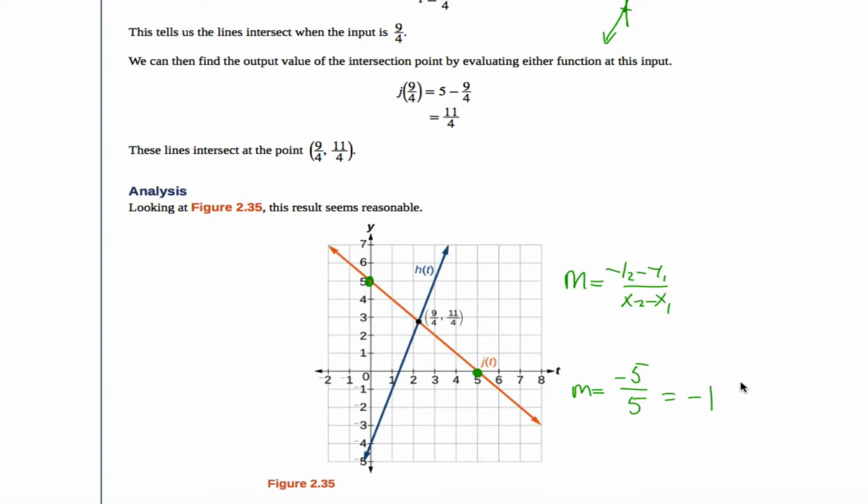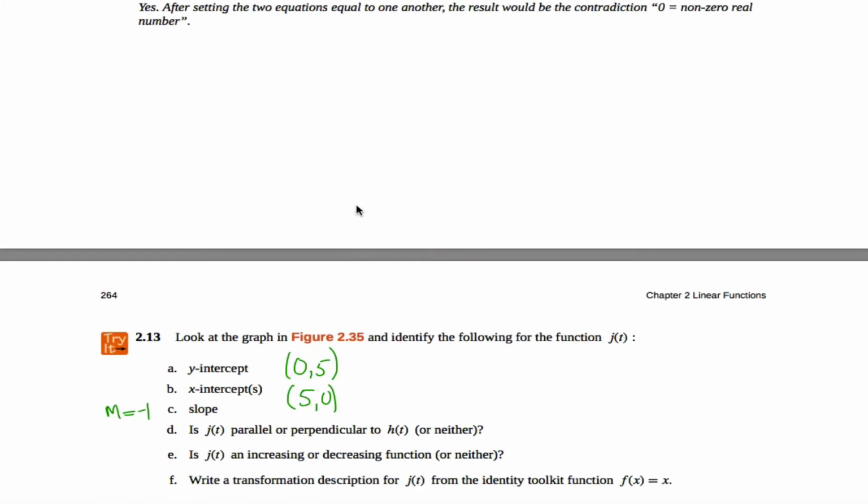And the reciprocal flips the fraction upside down. So the fraction 1 over 1 flipped upside down is 1 over 1, which is still 1. So if these two lines were perpendicular, the slope of the line in blue would have to be exactly 1. And it's not. I mean, the slope equaling 1 is this diagonal line, not this one in blue right here. So